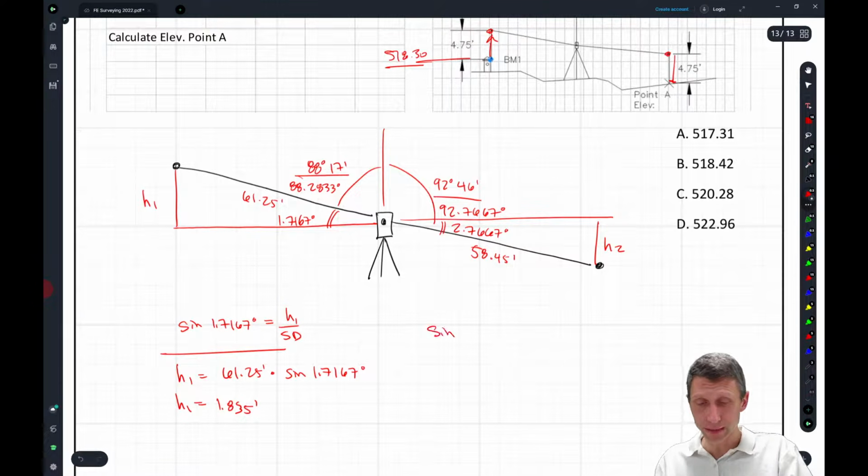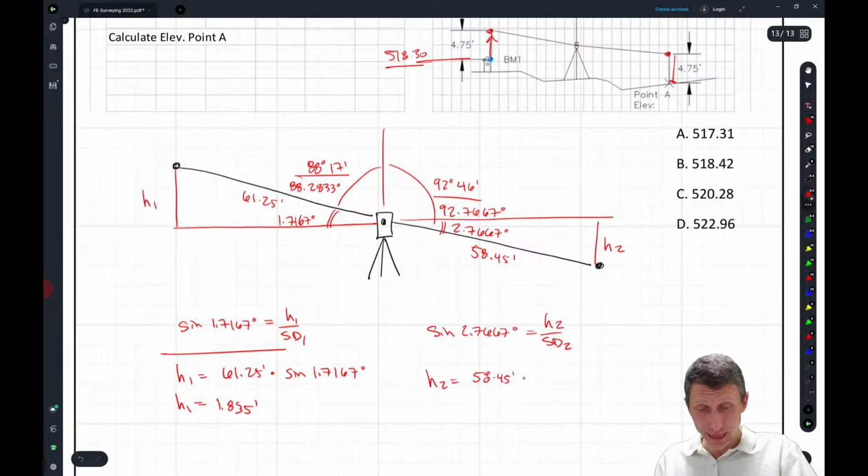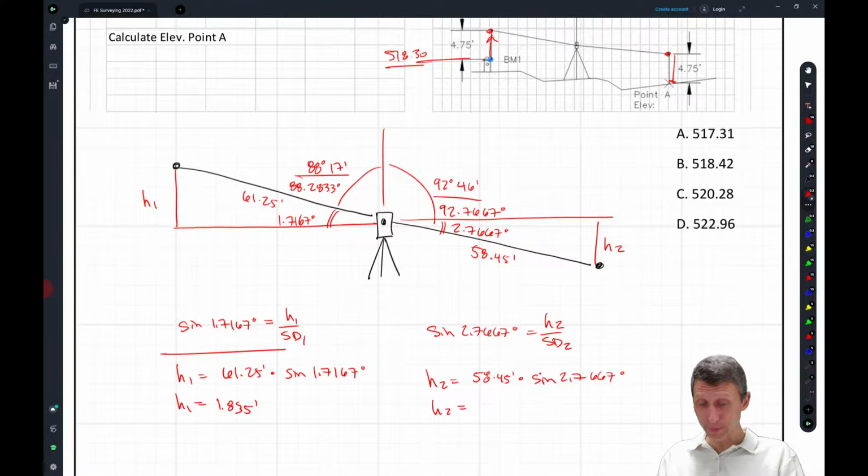We can say the sine of 2.7667 degrees equals what? h2 over this slope distance. Maybe I'll call it slope distance 2 and this slope distance 1. Okay. And we can get the same kind of thing here. h2 equals 58.45 feet times the sine of 2.7667 degrees. And h2 is going to equal, let me see if I get this right, 58.45 times the sine of that,